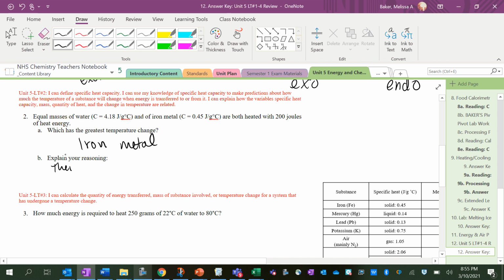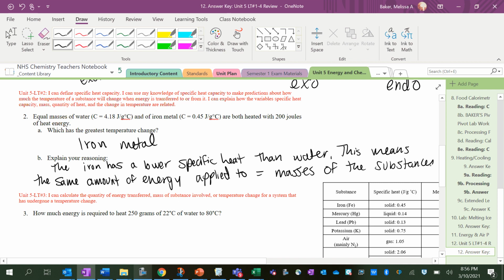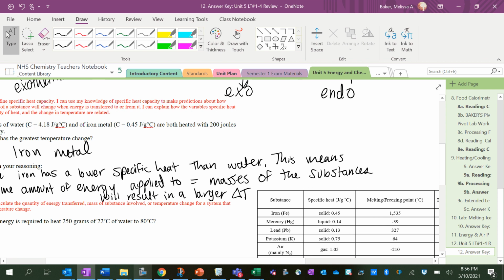The iron has a lower specific heat than water. This means the same amount of energy applied to equal masses of the substances will result in a larger change in temperature for the iron,